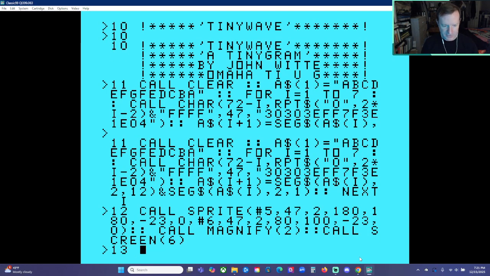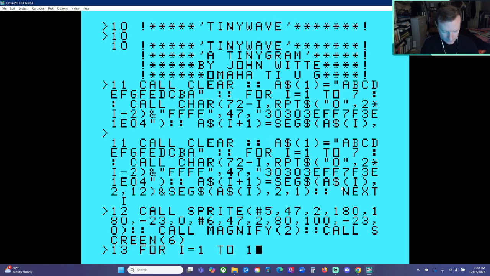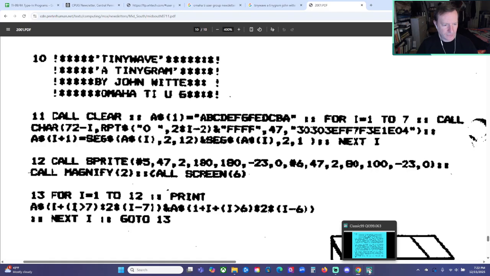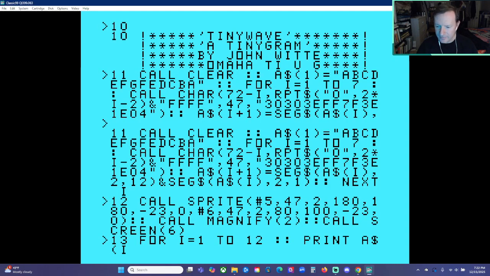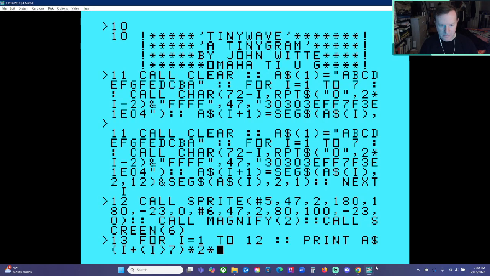Okay, 13. For I equals 1 to 12, space, colon, space, print a string, paren I plus I greater than 7 times 2 times, wait, I minus 7, I minus 7 paren